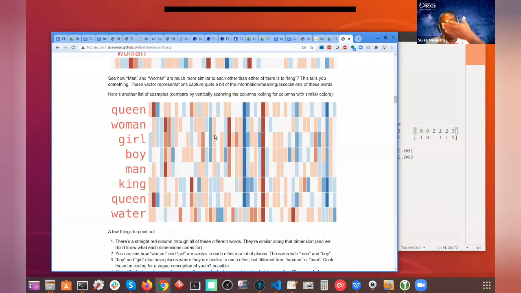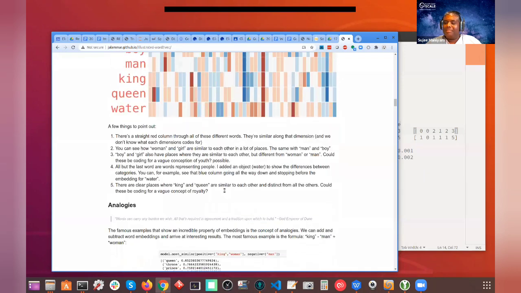Imagine you're looking at two paint strips side by side and comparing the colors. It's pretty remarkable. The word-to-vec algorithm is not just blindly converting numbers; it's actually capturing meaning. Look at boy and man, pretty similar. Man and king, too. And water is completely different, because these are all people and water is just something else. If you look at the color coding, it doesn't match very well.